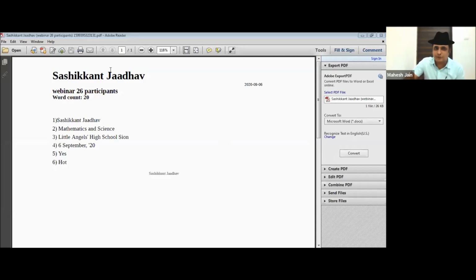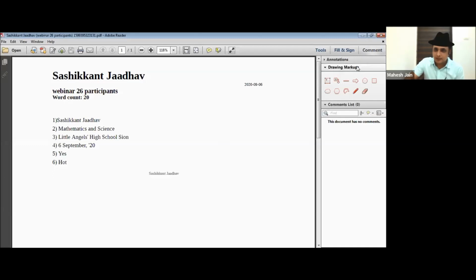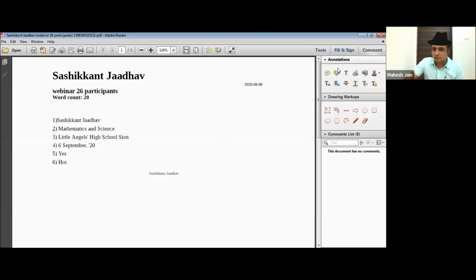As I told you, when you go to PDF, you get on the top right three options: tools, fill in, and sign. So in comments, I can click on it. In comments, annotation is one option. The other option is drawing markup, sorry, not makeup. And the second last option is the pen. I have not done it. I learned it recently, so I'm just showing you. Otherwise, what I have done correction on is OneNote, which was easy.